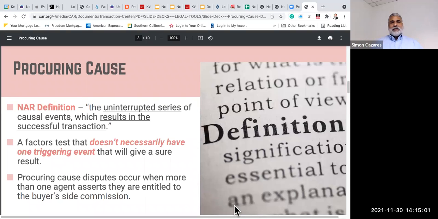The problem that I see with a lot of real estate agents is they don't read the contract. And when I ask, have you read paragraph 4, paragraph 5, paragraph 22, they don't know the answer to that question, okay? This is why it's very, very important, team, that you understand the elements of every component of the RPA, the purchase agreement, because your answers are there. If you don't know what's going on, revert back to the purchase agreement and the answer will always be there. Escrow follows the purchase agreement.